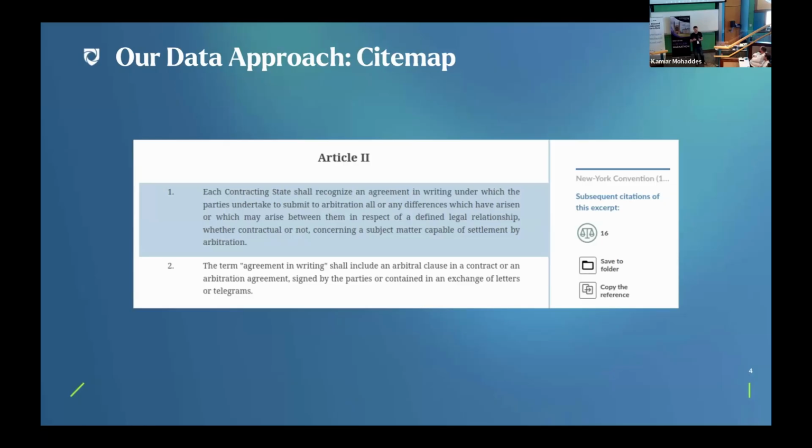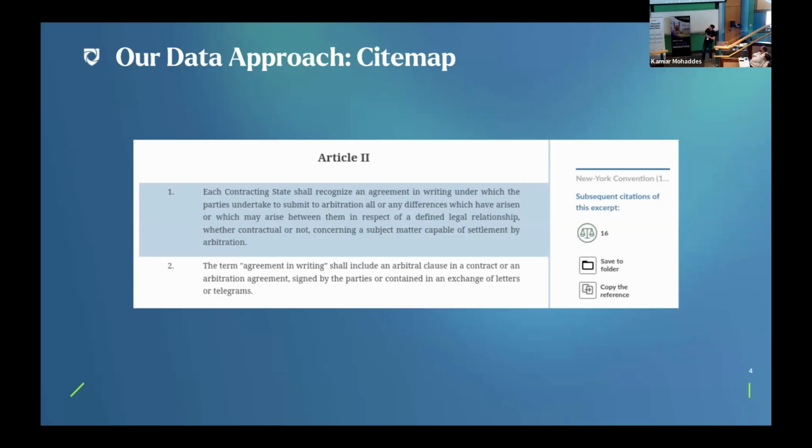They want to know how that treaty, how that case, is used through time across jurisdictions. How do tribunals refer to it in different languages, et cetera. And this is a complex research task for lawyers and arbitrators. And so at Jus Mundi, we started working on this project called Sitemap, where we're trying to automatically detect and track these references to documents throughout other documents, and then make that available to legal professionals while they're doing their